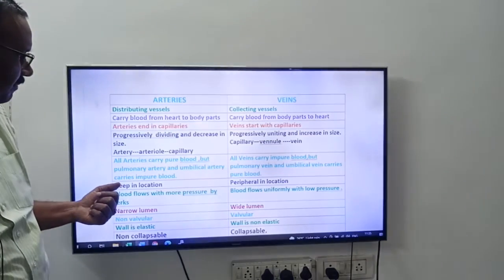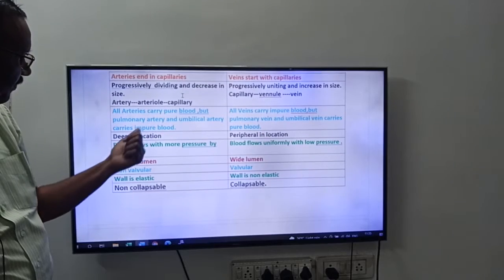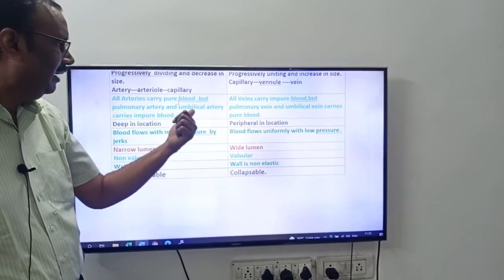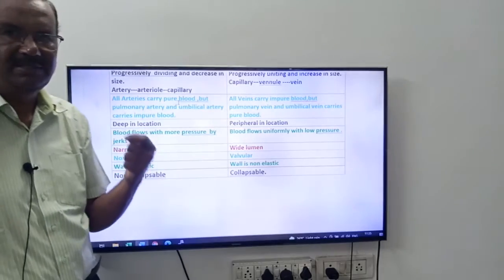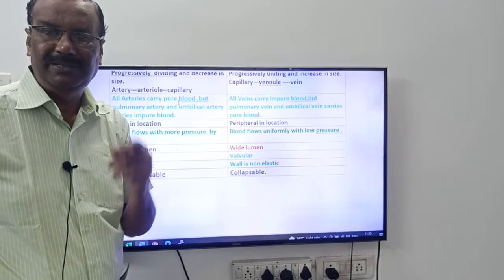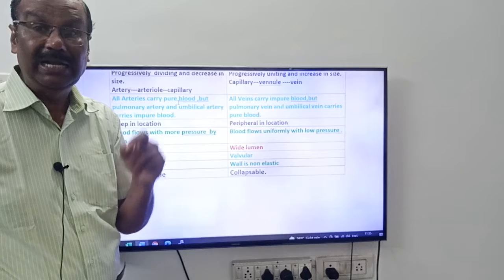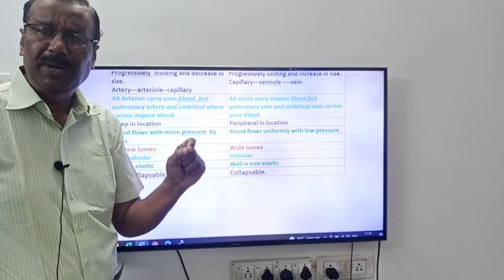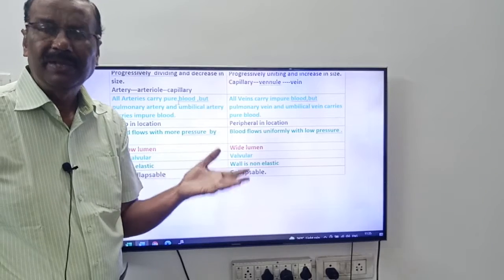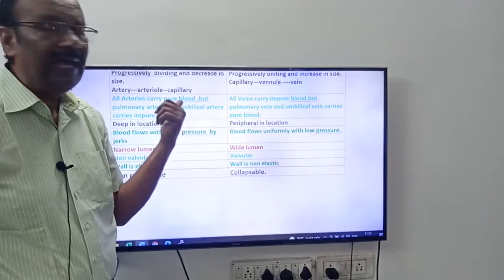Next friends, another important point. All arteries carry pure blood, but pulmonary artery and umbilical artery carry impure blood. Friends, all arteries carry pure blood, but there are two arteries: one is pulmonary artery and the other is umbilical artery. Pulmonary artery carries deoxygenated blood from the right ventricle to the lungs, whereas umbilical artery carries blood